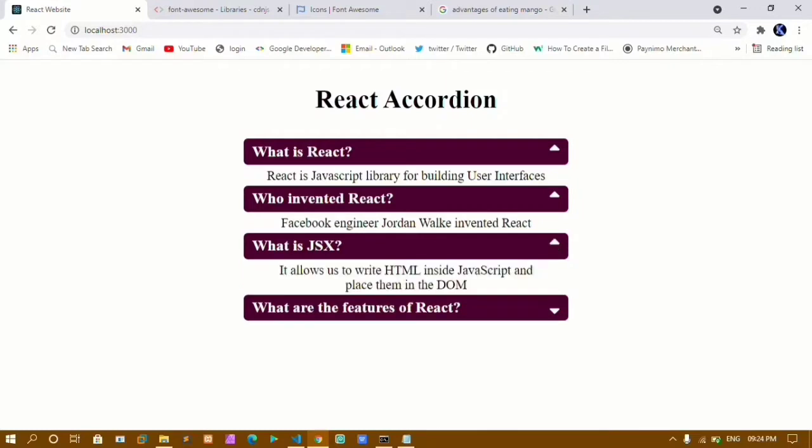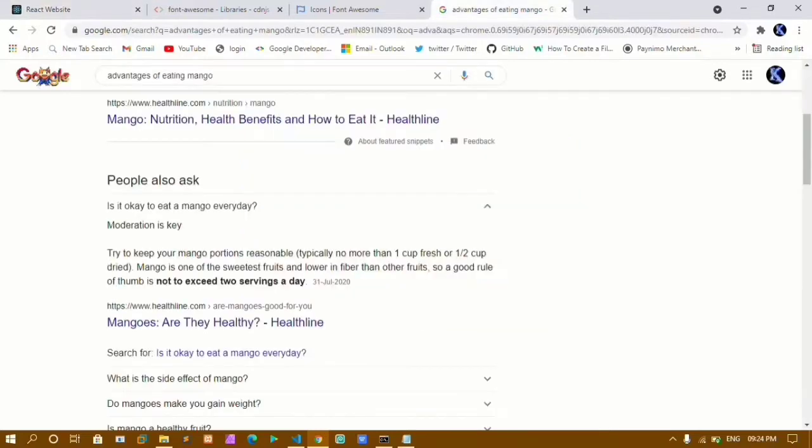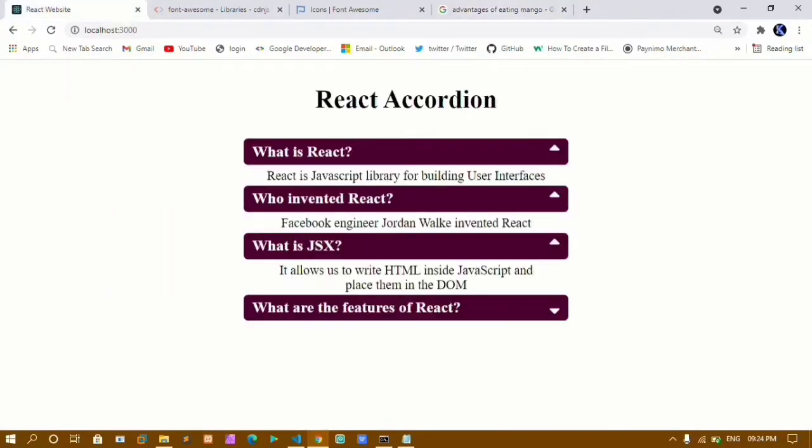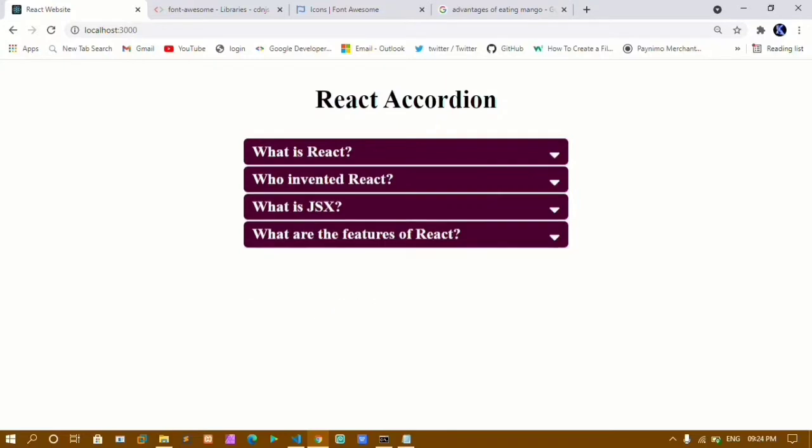Here also, once I click on this, my arrow will go above, and if I click on this again, my arrow will come down. Here also if I click on this, my arrow will come above, and when I click on this, my arrow will come down. In the same way we are going to create this one but using React. This will be very important when you create your website. Then you can write some questions and display this accordion in your website.